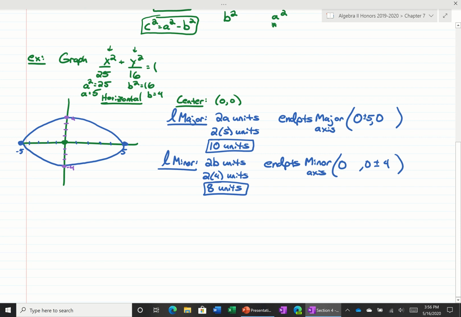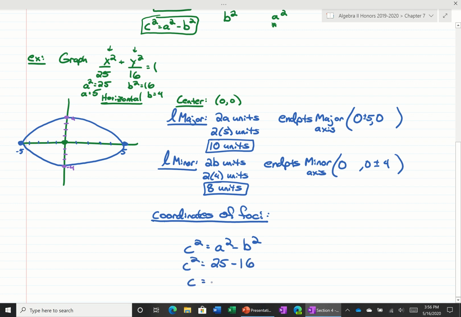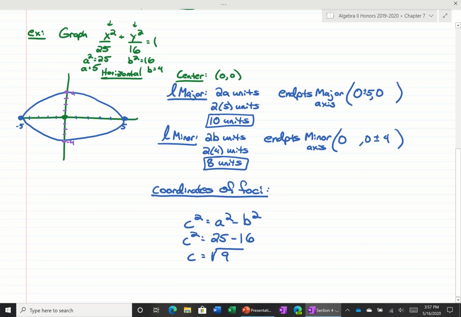And then the last thing I would like us to find are the coordinates of the foci. In order to do this, remember our formula was c squared is equal to a squared minus b squared. To find the foci, we know that a squared is 25, b squared we know is 16. So that would mean that c is equal to the square root of 25 minus 16, which is 9, so c would be 3,